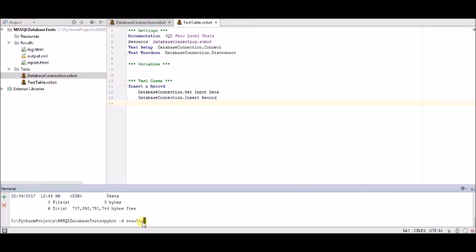And then I put in another space, and after this space I specify the folder where the tests are contained. So I would put in tests. Then I would press enter, and the tests would run. So it's running,